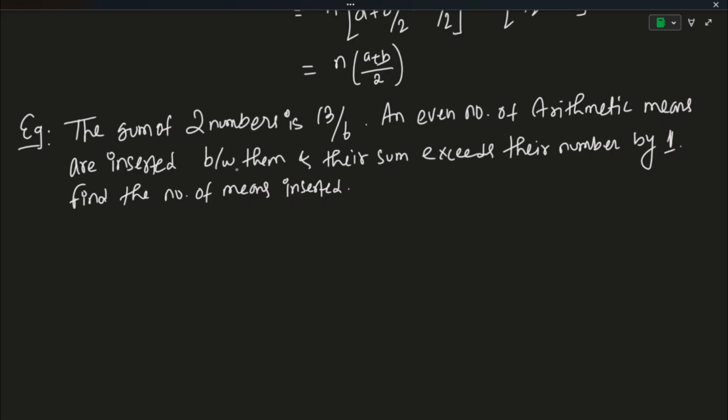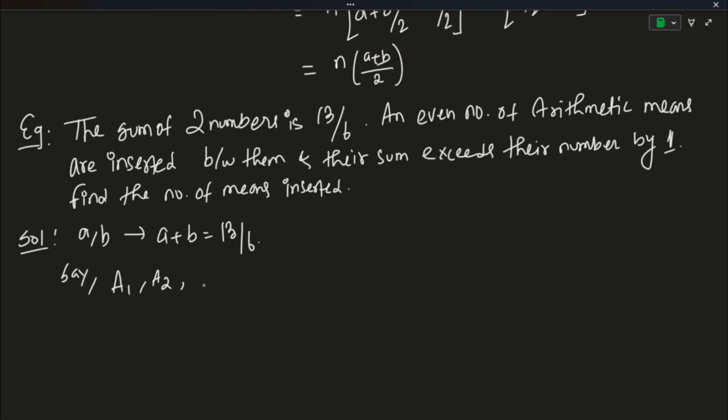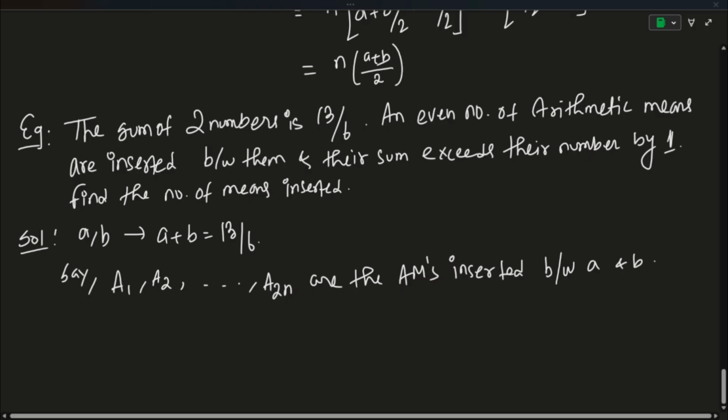तो आपको कह रहा है the sum of two numbers is 13/6, तो हम इसको पहले लिख लेते हैं। ऑब्वियसली अभी हमने सीखा है कि between two numbers a and b we can insert n different arithmetic means so that the whole thing is an arithmetic progression। यहाँ पे वो दो नंबर्स मैं a और b मान लेता हूँ, and I know कि मुझे given है कि a plus b is given as 13/6 and an even number of arithmetic means are inserted between them। ठीक है, तो I can say a1, a2 and all the way up to a2n are the means that are inserted between a and b। ठीक है, अब I know कि मुझे कह रहा है कि ये जो sum of the